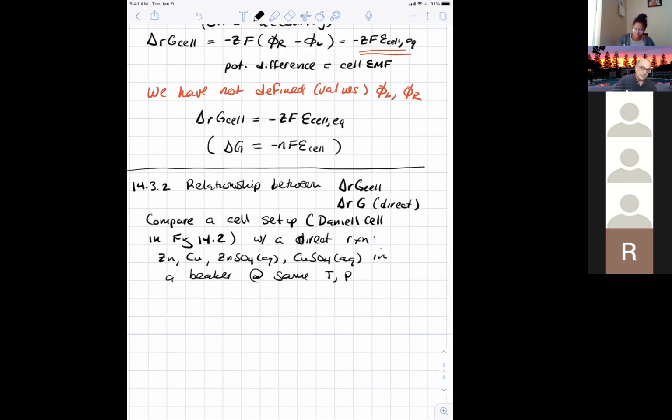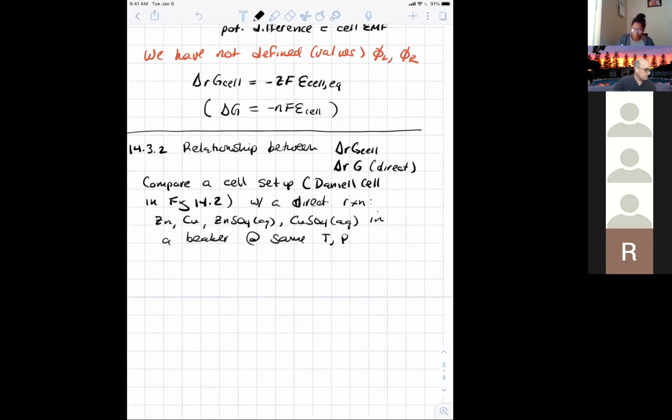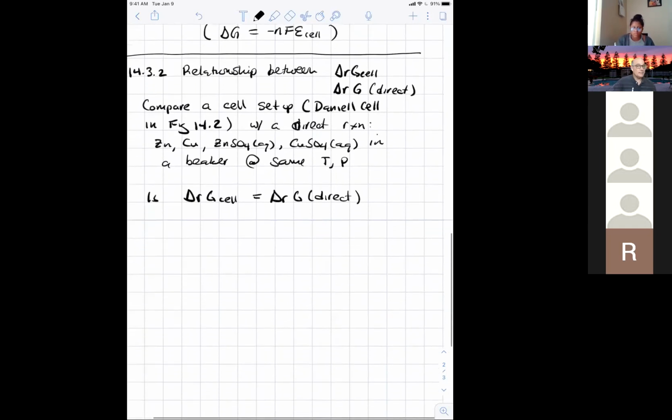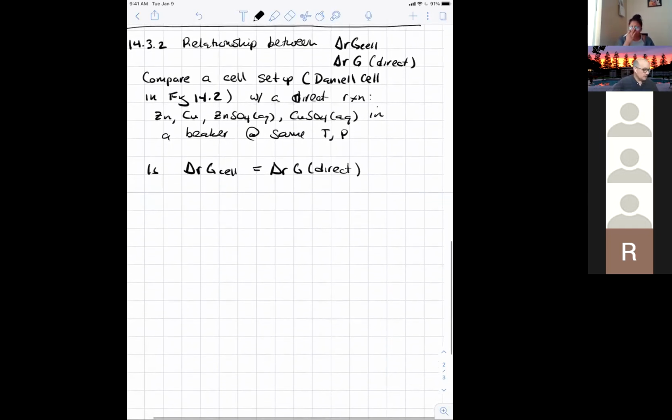And we're going to make sure the temperature and pressure of these two things is the same, right? So the question is, are these two things the same? And again, I'm going to slap on a direct label on the free energy of the direct reaction, just so we know what we're talking about. Now we're going to use our convention